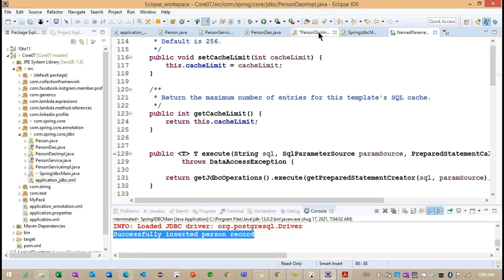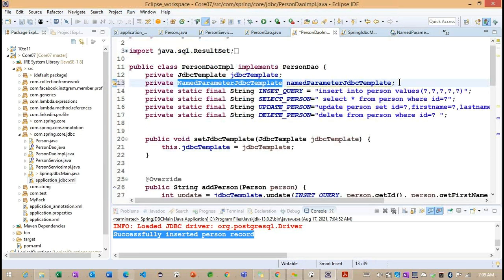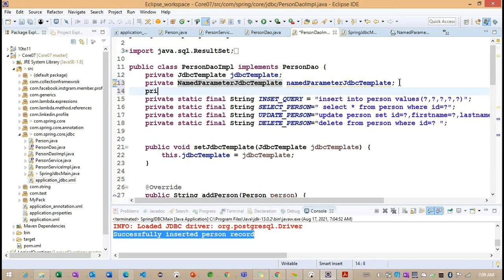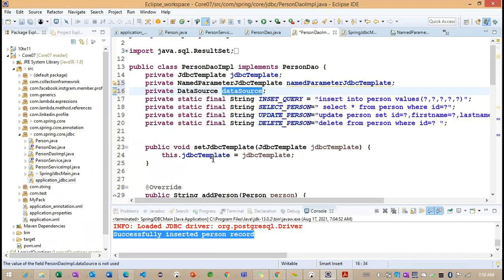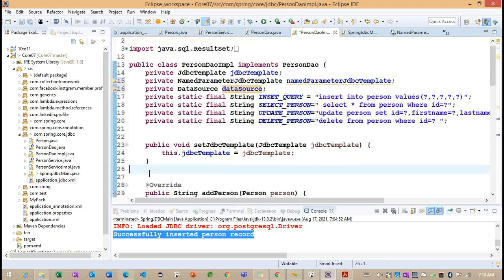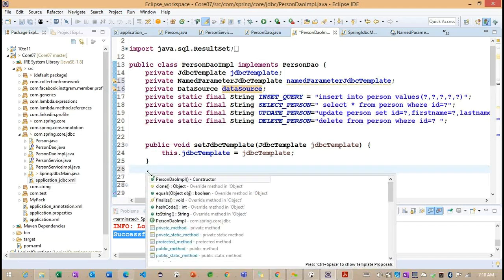So observe how I am going to write this setter injection here. Here I am creating one more parameter, the data source. Once we created this data source, now I am trying to add setter injection.